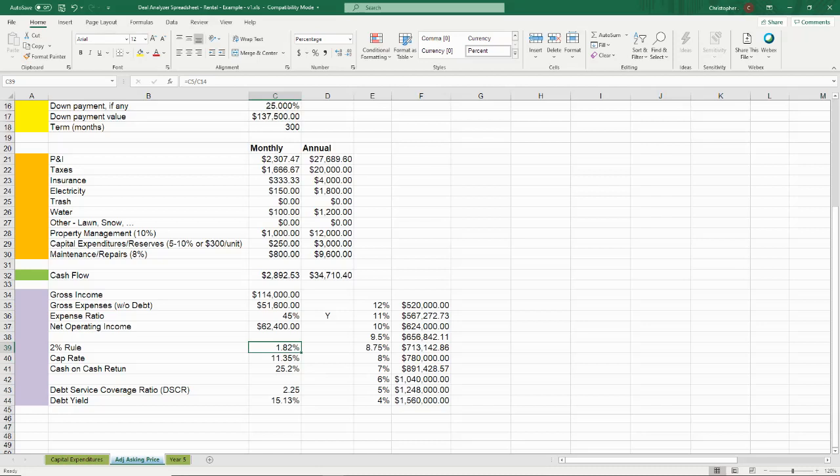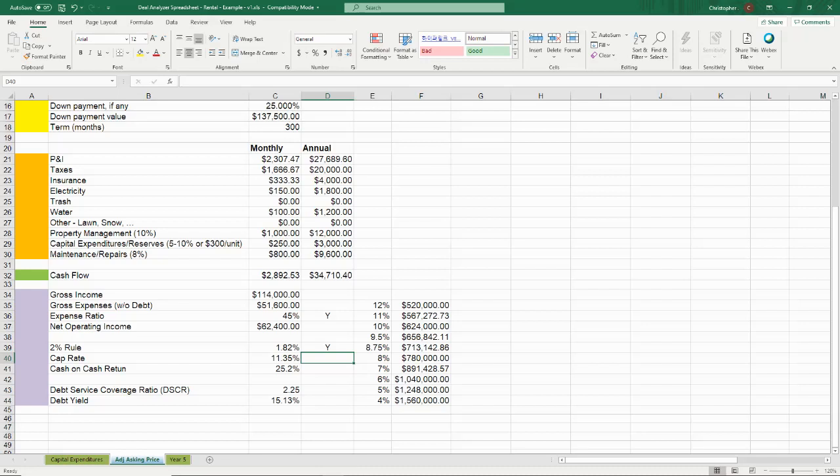If you can exceed 2%, that is great, but it's very rare. In the example I gave, we met it with $2,000 being 2% of the $100,000 property. However, in this real estate asset that we have been evaluating, we're at 1.82%. So is that good? I'm going to mark it as a Y. Yes, it is. So we want to get as close to or equal to 2% as possible. Anywhere between 1.5 to 2% is great. And if you go over again, that's even greater, but it's rare.